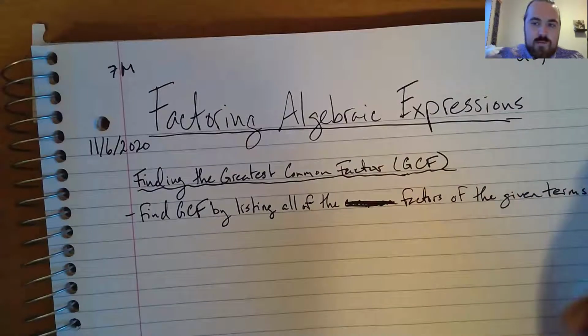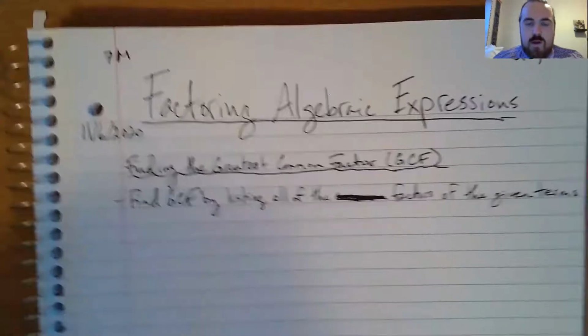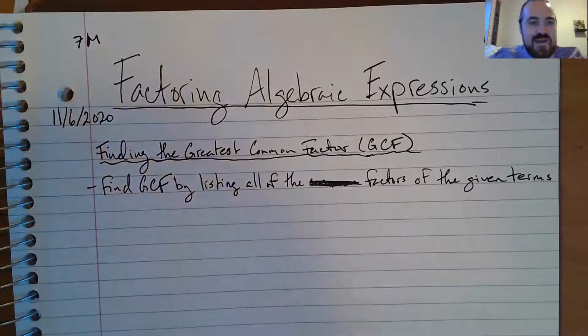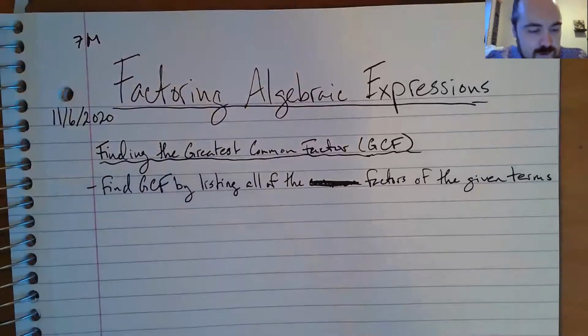Common is what we're looking for, but we want to start with the factors first. Find GCF by listing all the factors of the given terms, and then